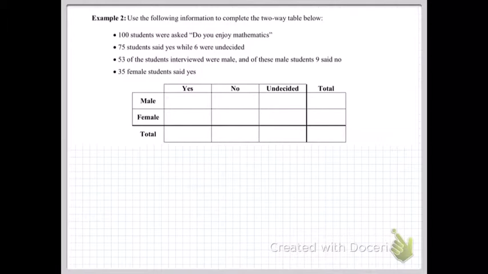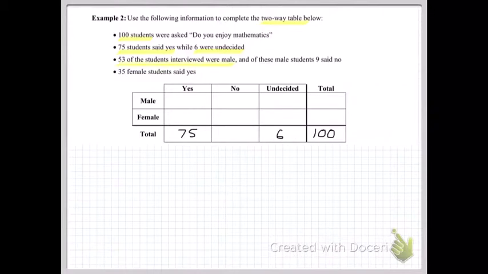In example 2, we're returning to the familiar two-way table idea, and this allows us to work with bivariate data, or data with two variables. So first of all, we need to use the information we're given to complete the table. We have 100 students, so the grand total is 100, and it's always good to start by writing the total in. They were asked, do you enjoy mathematics? 75 students said yes, so we're along the total row at the bottom. 75 said yes, 6 were undecided,